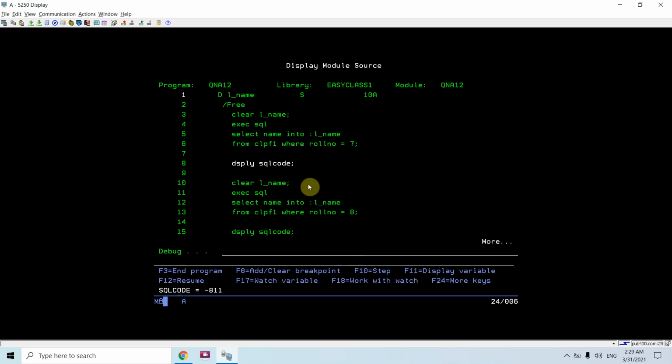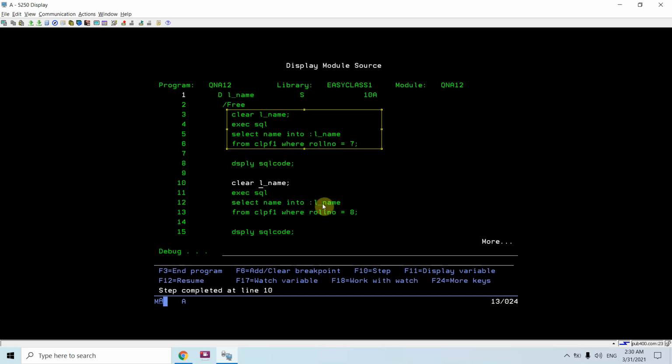So either you have to put fetch first row only here so that you would receive only one row, or you have to read this query in a cursor and process or receive all the records one by one. Here you are receiving the SQL code in minus, which means that this SQL query ends up in error.